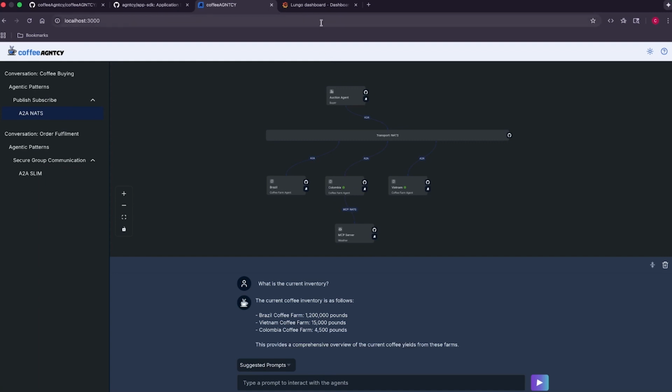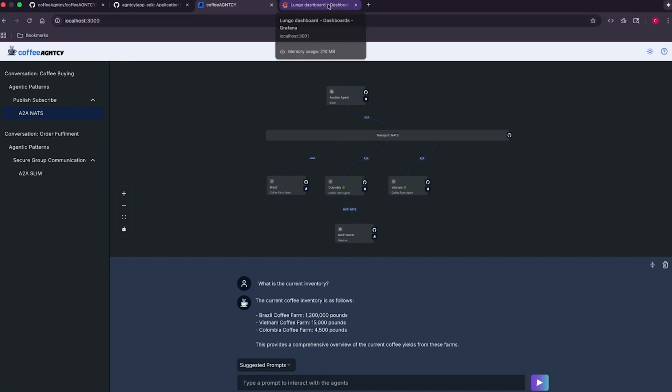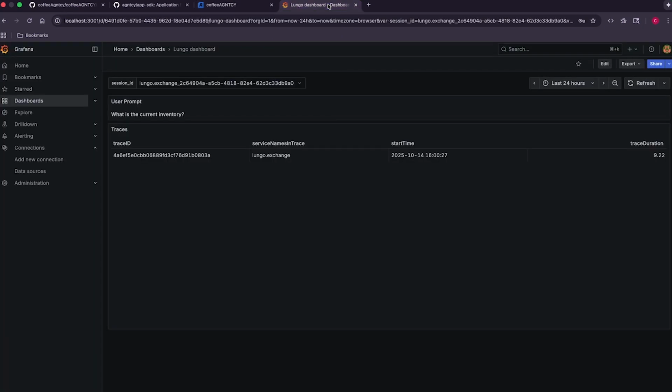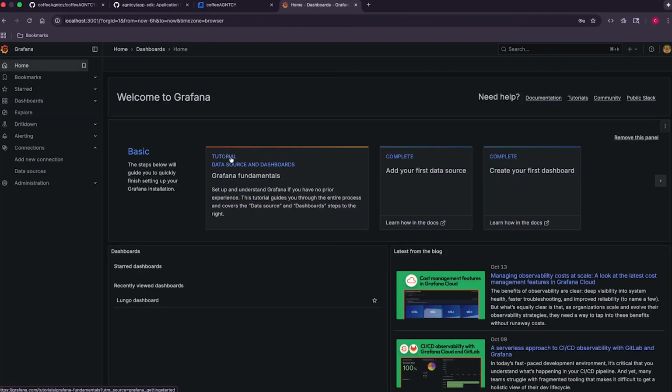monitoring stack, observability stack, powered by Observe SDK from AGNTCY, that then goes to ClickHouse, and then we view that within Grafana. So if I go home, one of the ways that we visualize these is you go to